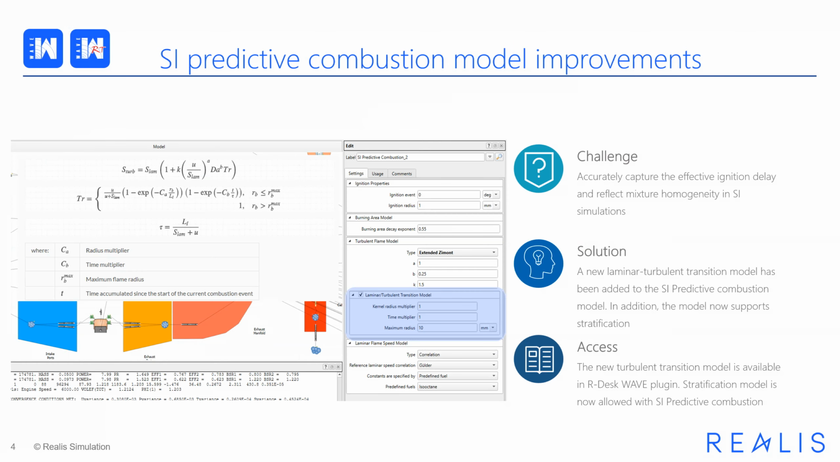Let us start with the improvements in the SI predictive combustion model. The challenge we're trying to address here is to enhance ability to accurately capture effective ignition delay, incorporating the transition from laminar flame to a fully turbulent flame. To address this challenge, we're introducing a new submodel for predictive combustion based on the work by Herwig and Mali, and the model provides the description of the laminar turbulent transition by modifying the effective turbulent flame speed and providing a smooth blending from the fully laminar state at the start of the spark to a fully turbulent state as